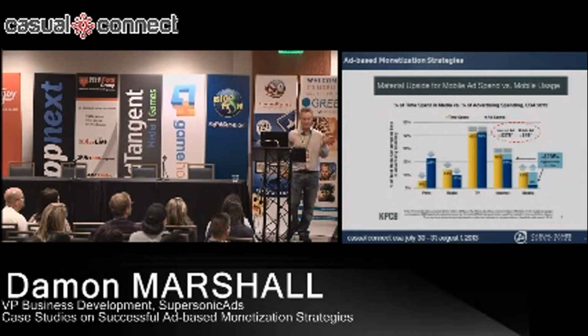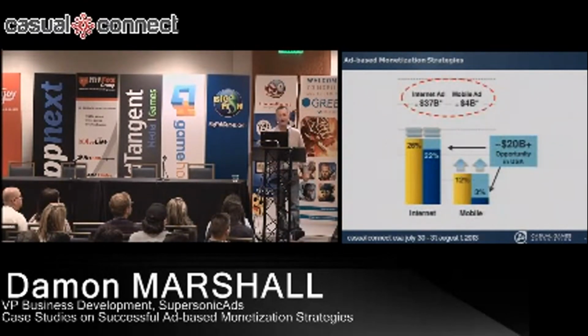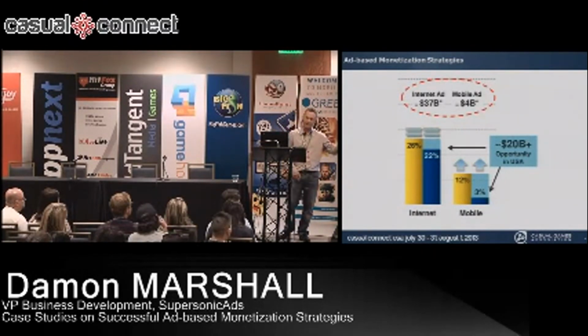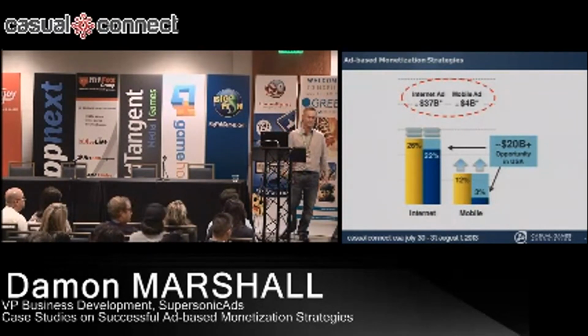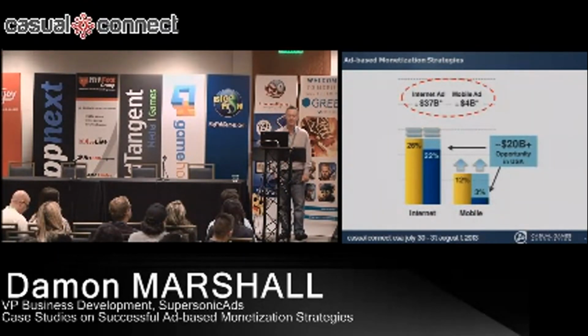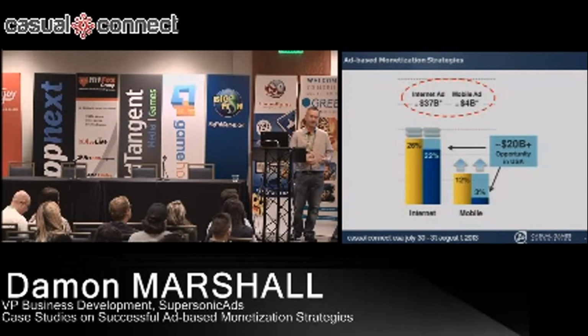Radio and TV are somewhat equitable, but when we get into the online and mobile space, something very interesting is taking place. Internet still has a little bit of a gap to go, but when you look at mobile, only 3% of ad spend is going into mobile right now, whereas 12% of our time is being spent on mobile. So there's a huge gap there, and Kleiner Perkins is telling us that this represents a $20 billion plus opportunity in the US alone. The reason that only 3% of ad spend is going into mobile right now is because there aren't really compelling products to solicit advertisers to buy into this particular channel.